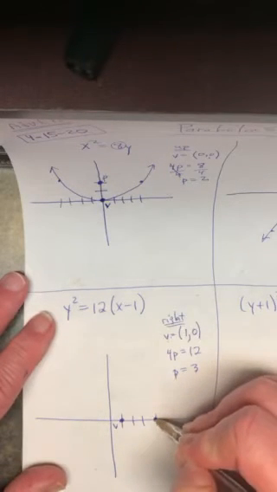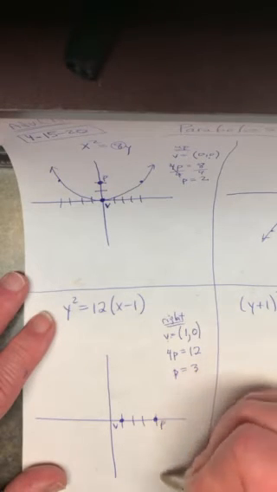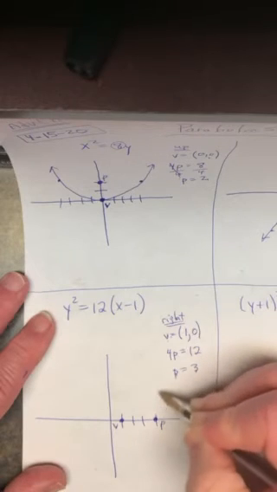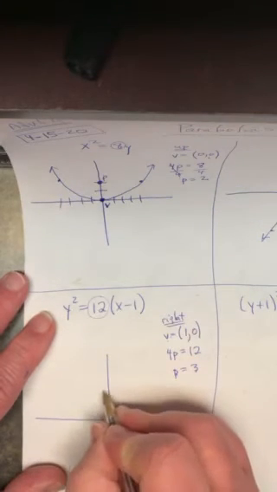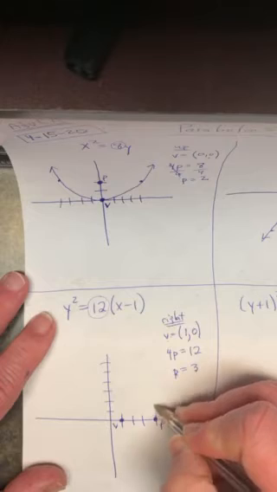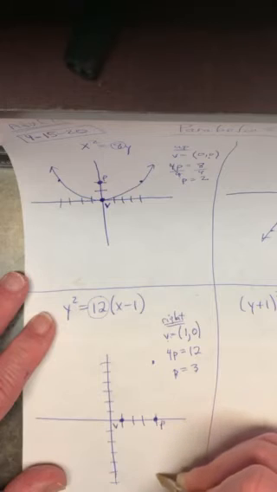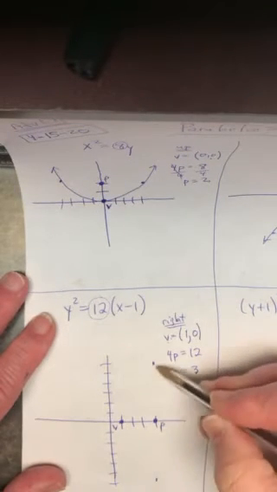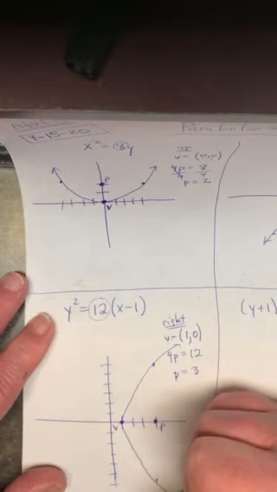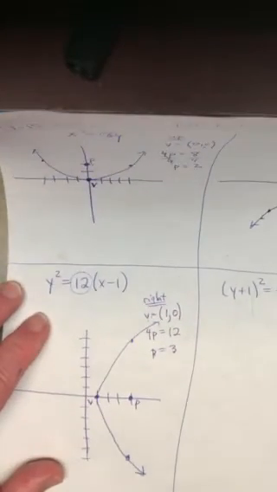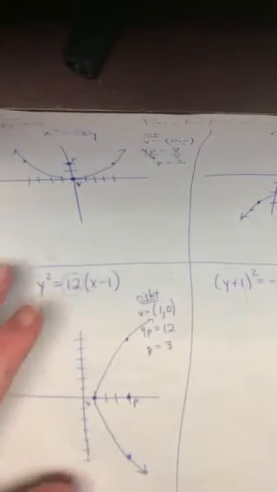And that point, there's an imaginary line going through it telling me how wide this parabola is. Now this particular parabola, oh my gosh, is 12 units wide. So doesn't that tell me I've got to go up 6 and down 6 from that important point, because it's 12 inches wide total. And I would draw a parabola pointing to the right. Wow, that looks like that. Okay, a satellite dish facing east. And finally,